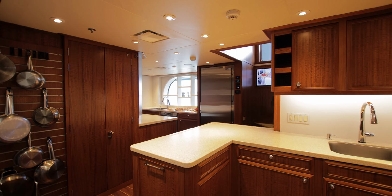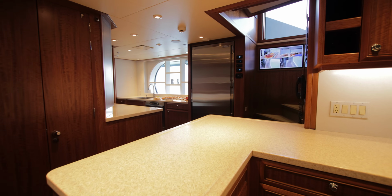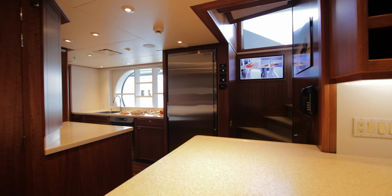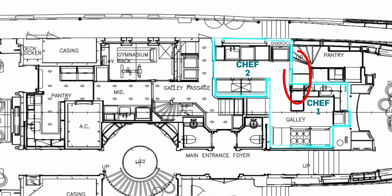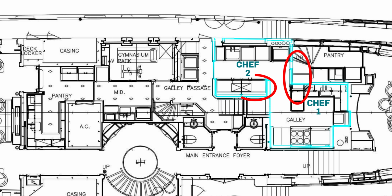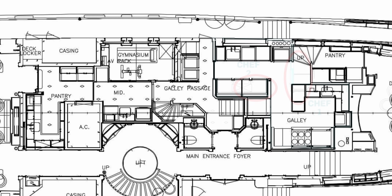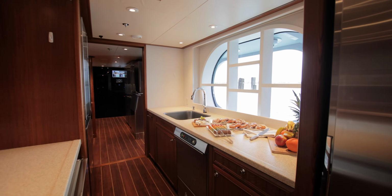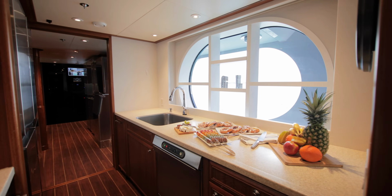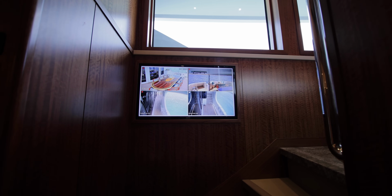and we felt that we needed to take down some bulkheads in order to make the galley more ergonomic for them and for them to be able to communicate better with one another. So we took down some bulkheads, we removed some refrigeration from that area, and it opened the space up. So the chef that's doing the main food preparation now has 2 windows that he's able to look out. They have a TV monitor that they're able to monitor guest services, and the main salon is the only interior